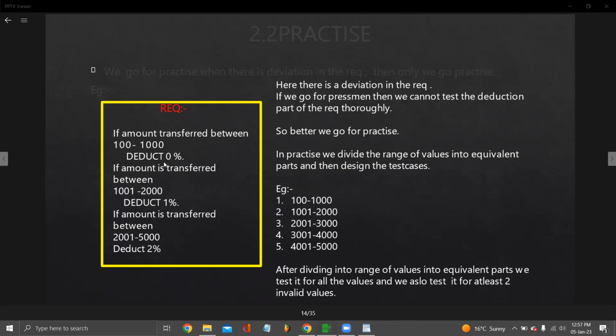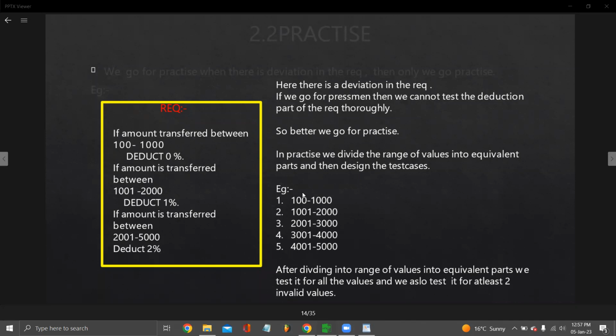अलग अलग सब रेंज है, उसके बेसिस पे ATM के अंदर सॉफ्टवेयर का बिहेवियर डिफरेंट हो रहा है। जब भी तुम 100 से लेके 1000 के बीच का अमाउंट डालते हो, 500, 800, 900, तो 0% इंटरेस्ट वो सॉफ्टवेयर चार्ज कर रहा है तुमको। जब भी तुम 1001 से लेके 2000 डाल रहे हो तो 1% इंटरेस्ट चार्ज कर रहा है। जब भी तुम 2001 से लेके 5000 तक डाल रहे हो तो 2% इंटरेस्ट चार्ज कर रहा है, समझ रहे हो। तो जब भी तुम ये डेविएशन देखो रेंज पे, तब तुम्हारा जो प्रैक्टिस वाला कॉन्सेप्ट है वो काम आएगा।